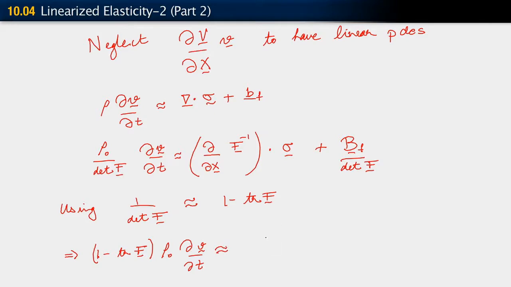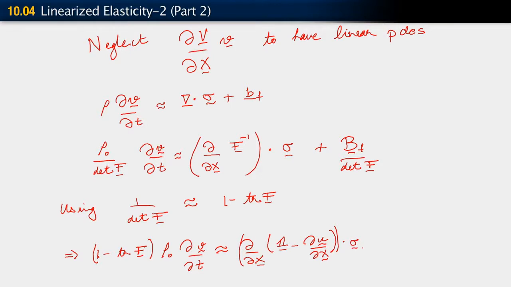Right. So we can now write this approximation as partial with respect to x. Now, for f inverse, I'm going to write it as 1 minus partial of u with respect to x. Okay, Taylor series expansion of the inverse, truncated to first order terms only. Okay, this operator acting on